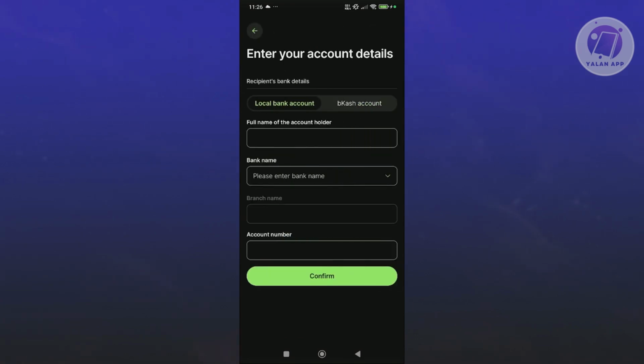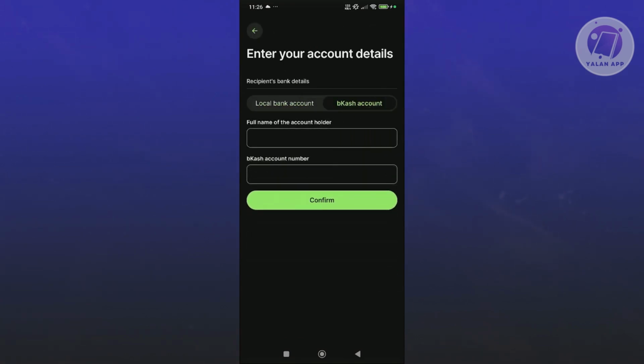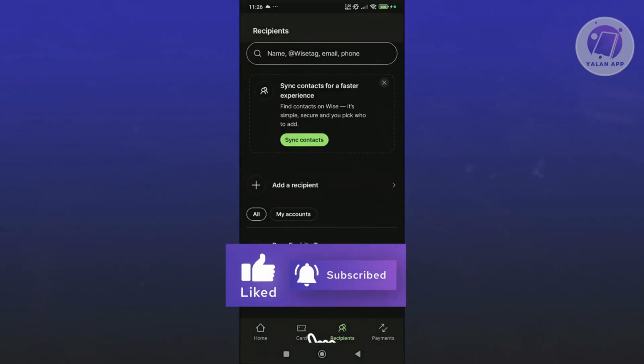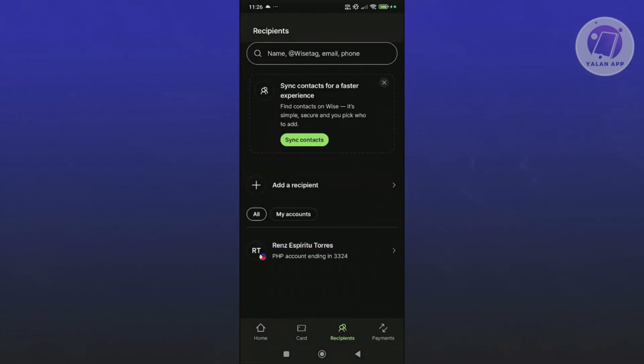Now from here, you want to click on bKash account and provide all the desired details. Provide the full name of the account holder as well as the bKash account number. Now click on confirm to save this. Once you've done that, you can click on the home page here,